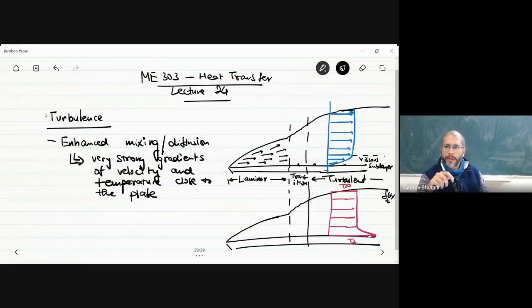I won't talk too much about it because this is something that we already have learned in fluid mechanics. But one must remember that turbulence is inherently unstable, and it is these instabilities that are growing in turbulence causing a lot of mixing of the flow in general, and that overall mixing causes a lot of mixing of momentum and energy as well, which is mathematically modeled as enhanced diffusion. Okay, so we'll talk more about it further in this lecture. We'll come back to this.